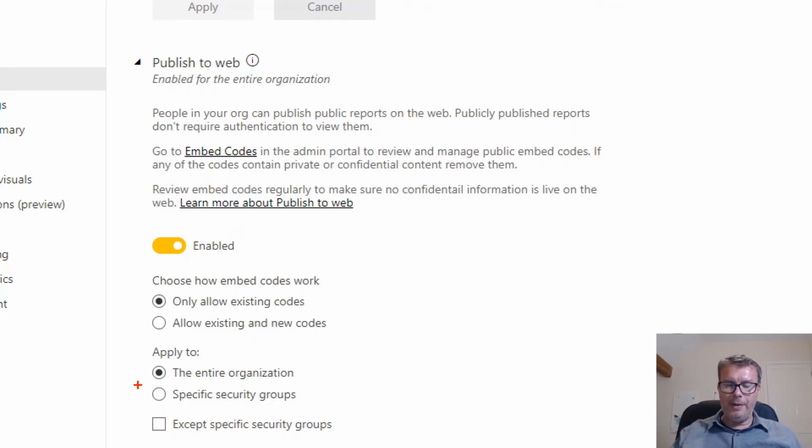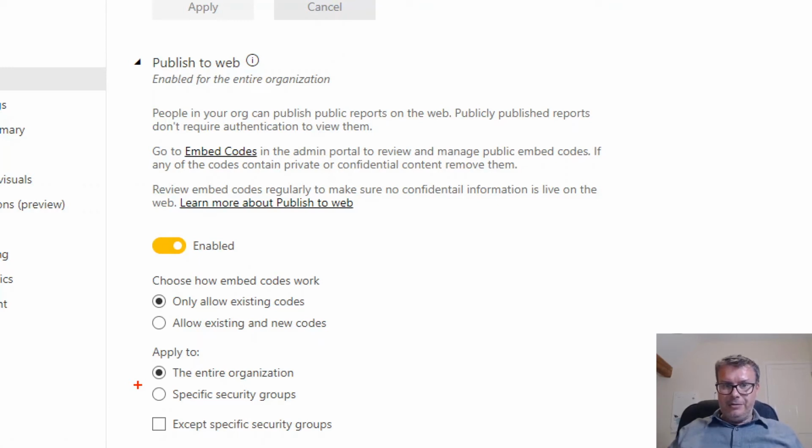But at the same time, it has come to our attention at Microsoft that a lot of people abuse this. They think, I don't want to spend money on Power BI licenses. What I'm going to do is use this publish to web option, publish my sensitive Power BI reports on the web, and then just email around the URLs for them. Now, this is an incredibly bad idea. This is an incredibly stupid idea. Do not ever do this. And if you catch anybody doing this, well, you probably want to give them a piece of your mind.